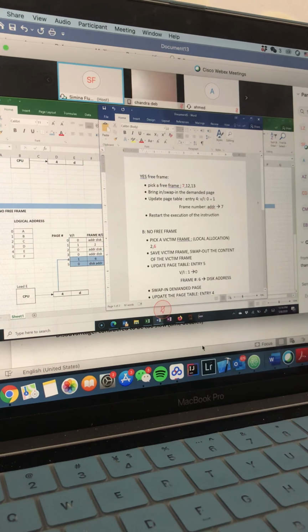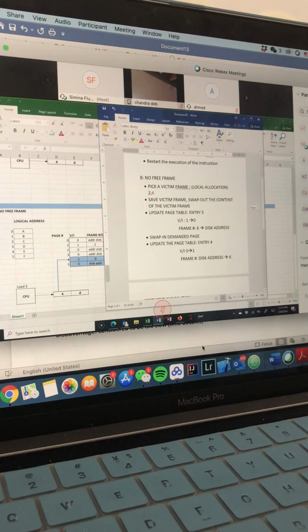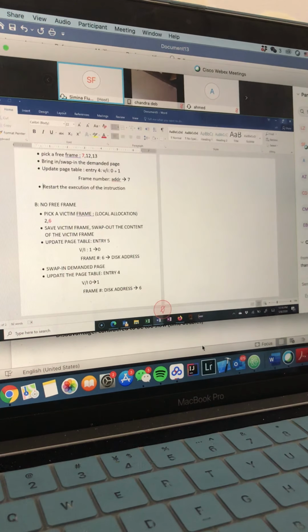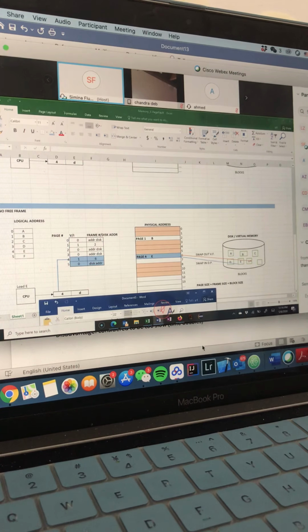Restart the execution of the instruction. So this is what needs to be done.